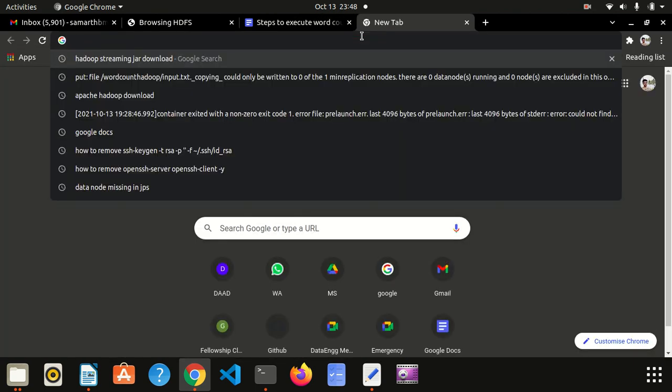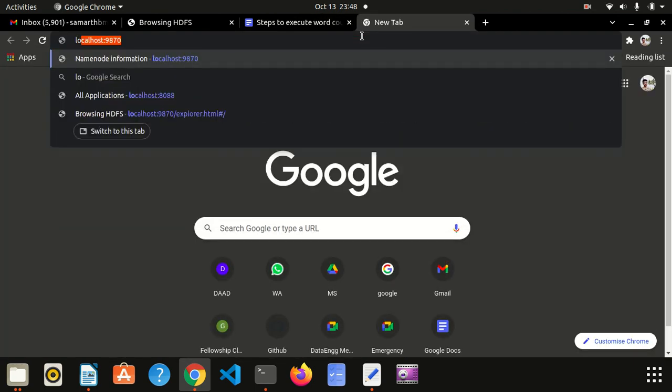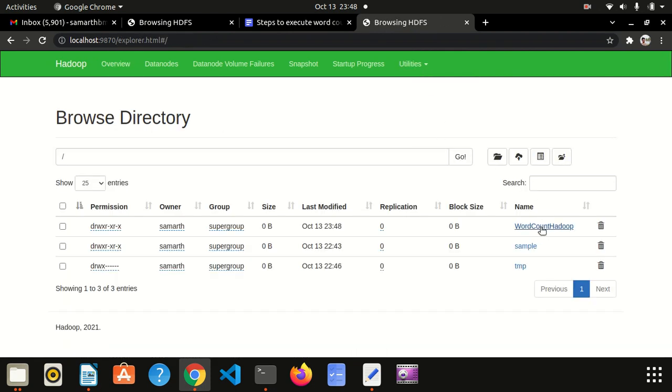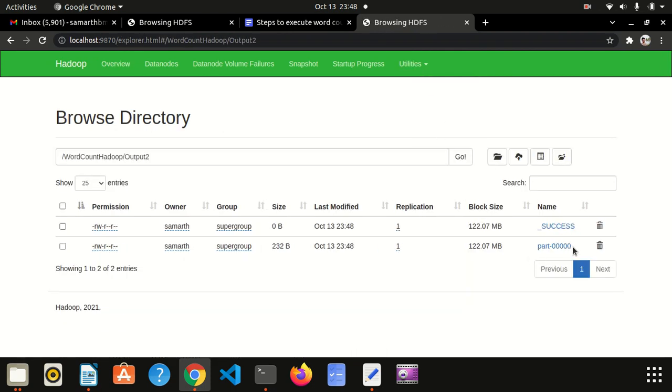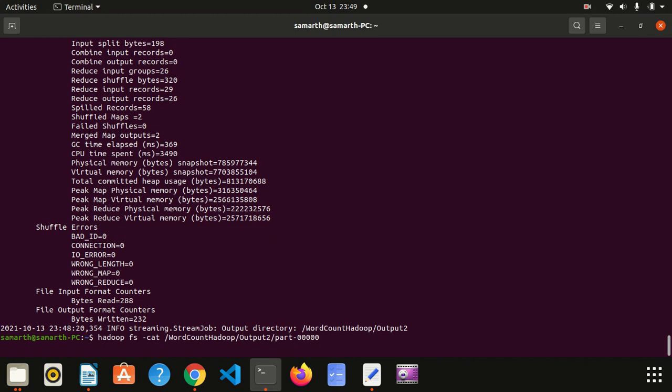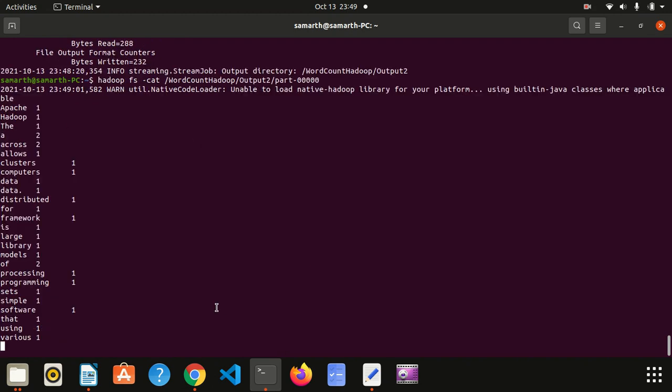I'll also open my local file system, localhost. You can see the program has been executed successfully. A has appeared 2 times, across has appeared 2 times, and off has appeared 2 times, and the rest of the words have appeared 1 time.